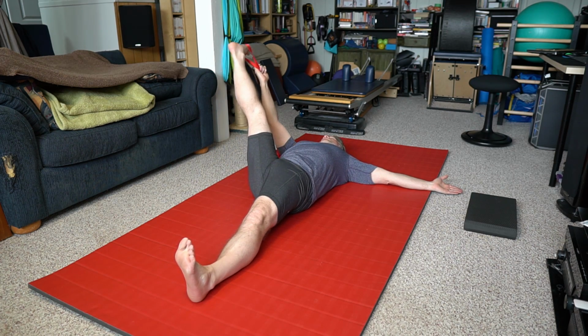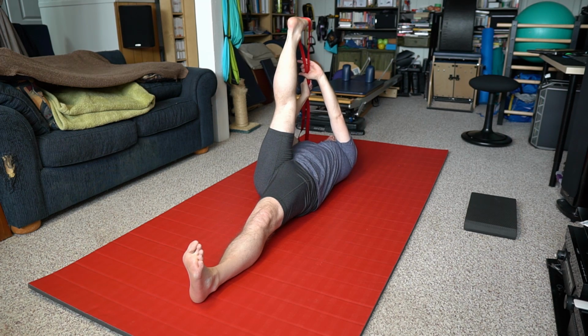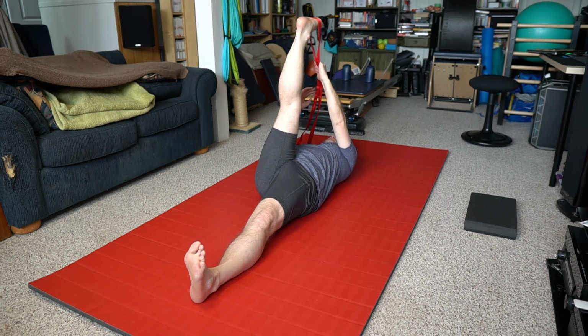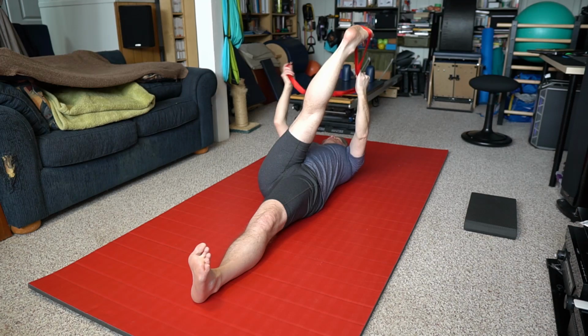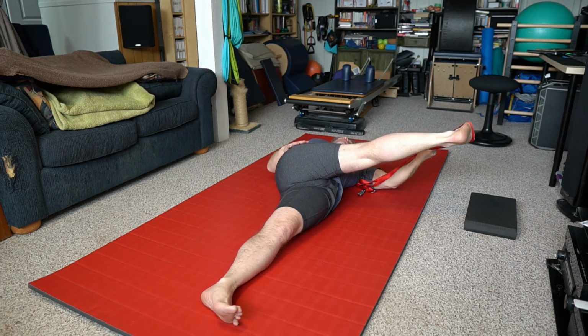And then gently we're going to lift the leg back up. Then we're going to move into a twist. We're going to take the left hand, grabbing the strap, that opposite hand, and gently, watch the strap so it doesn't get in the way. We're just going to gently pull the leg across the body, get a bit of a stretch on the outside